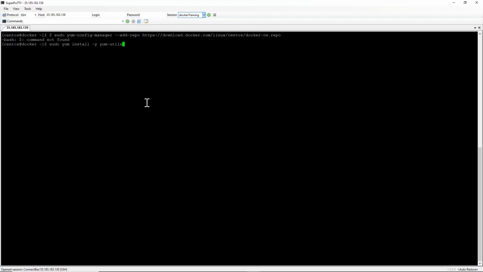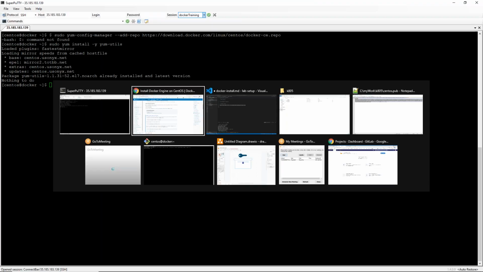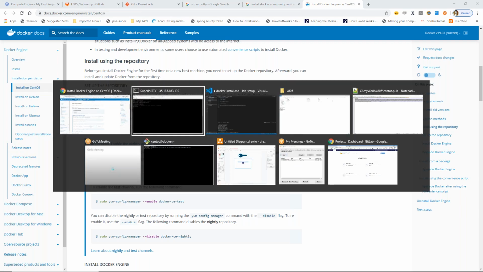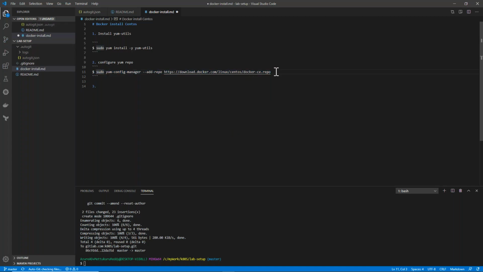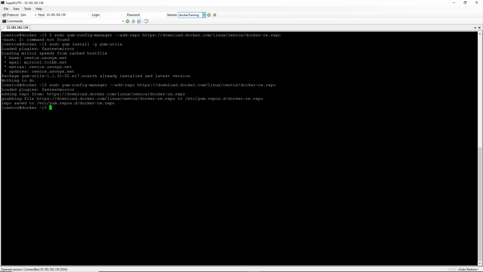Is this run? Already installed. And after this, sudo yum-config-manager add repo, and this is the URL. Yeah, so now this is done. Maybe earlier there was some mistake.